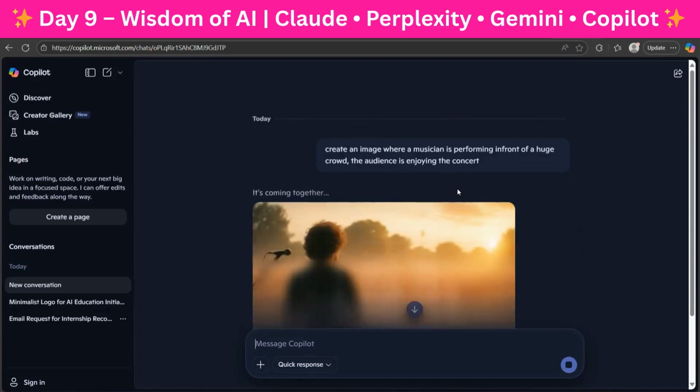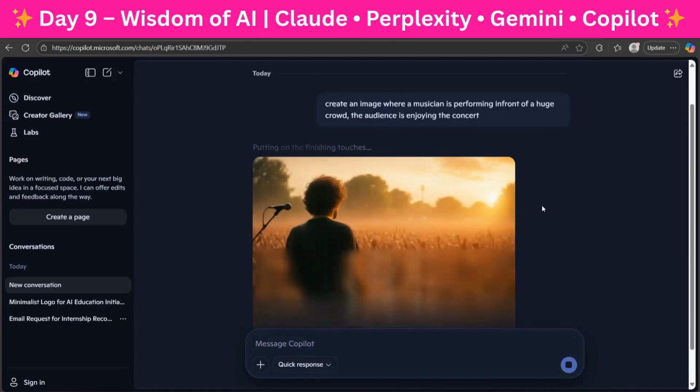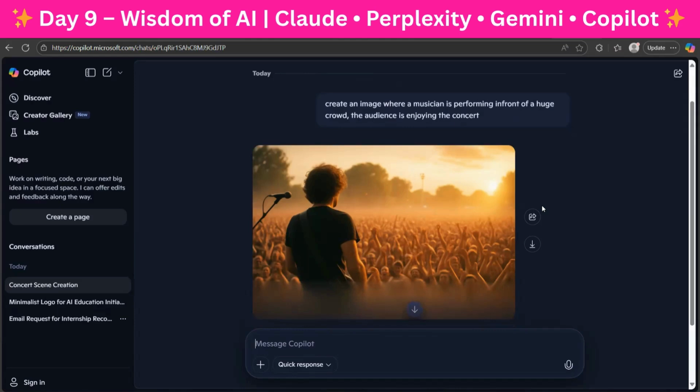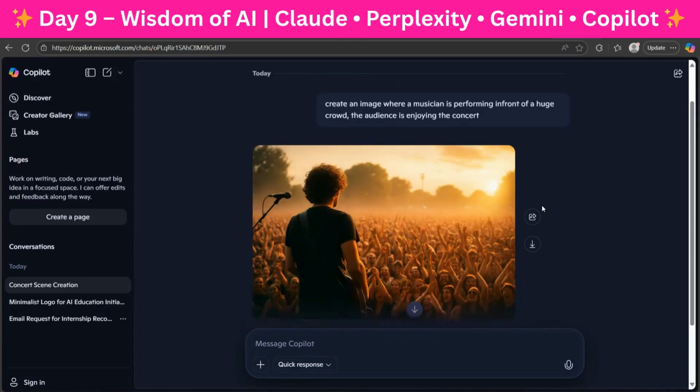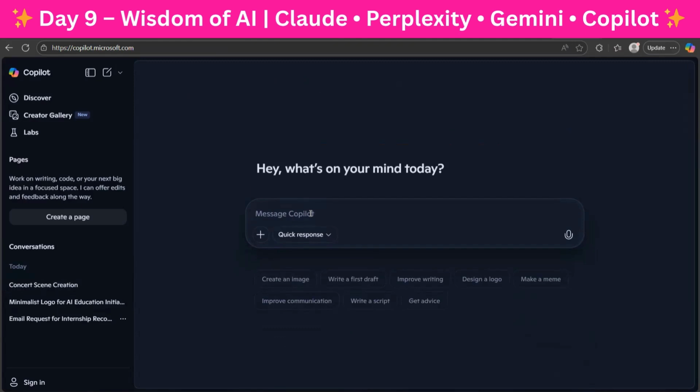As I told you, Copilot is a productivity booster, right? So it is generating. Look how beautifully it does, and the crowd is actually enjoying the concert. The hands are in the air, and the performer is performing for them, and that's how this Copilot generates the image. You can also use it for creating Python code or solving any programming language problems. I think everything is just right in front of you. The idea was to summarize these tools for you so that you can use them for different purposes.